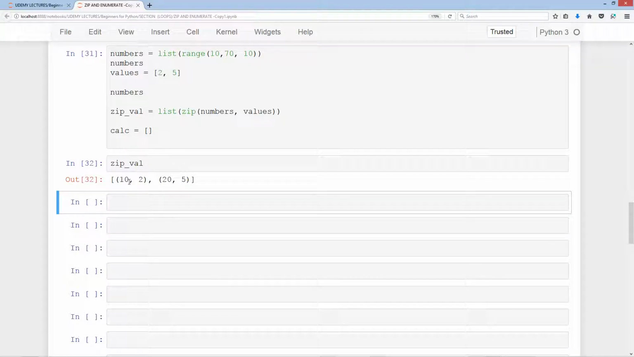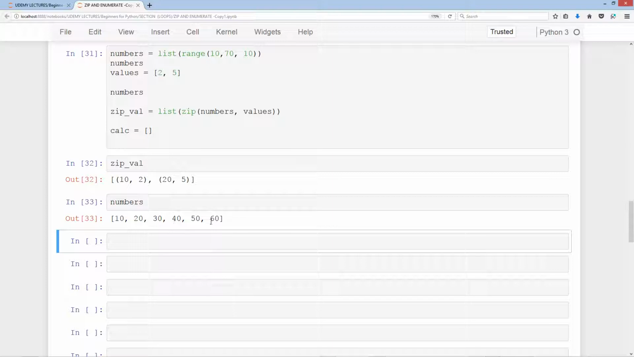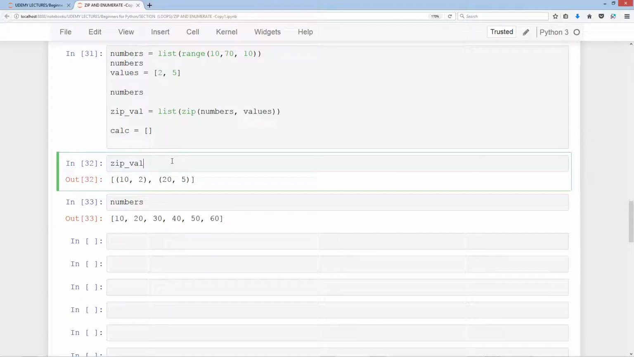well, we have a problem here as well, because we have only 10 and 20, so we only have 2 elements from the numbers list. The numbers was 10 to 60, not 10 to 20. So the problem with using zip is that it only creates these nested tuples, the number of them based upon the number of elements in the smallest list. And in this case, we only have 2 in our smaller list. So a way to remedy this problem is to